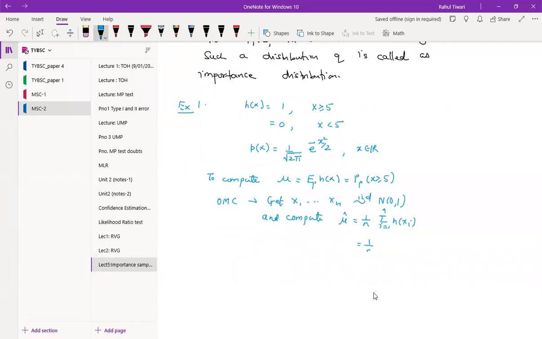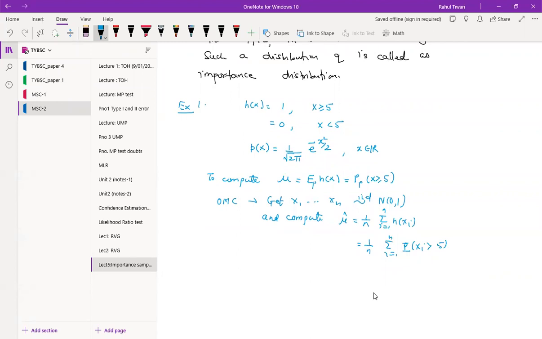Which is the same as 1 upon n, summation i running from 1 to n, of the probability of your Xi being greater than 5, or you can consider the indicator function. Okay,